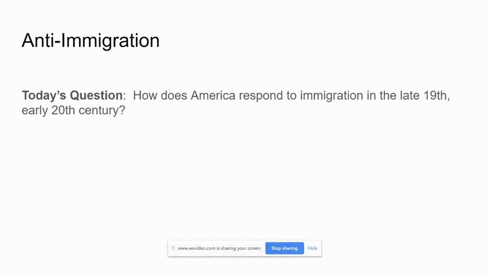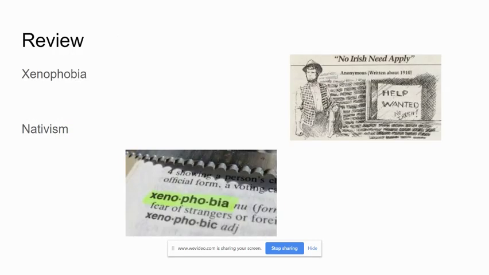All right, guys, today we're going to be talking about the impact of immigration, focusing specifically on anti-immigration ideals and policies. So just to kind of review, there's going to be a rise in two different things in the United States with this increase in immigration. The first is going to be xenophobia. Just to review, xenophobia is this fear of and distrust of foreigners coming in, seeing them as different, as other, as not as good as the Americans already in the United States.